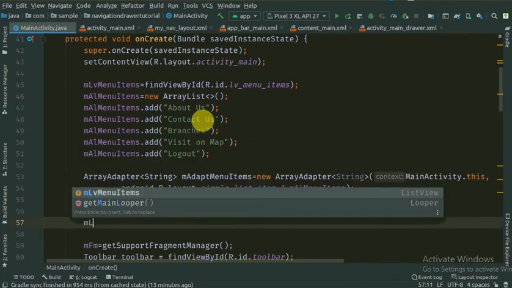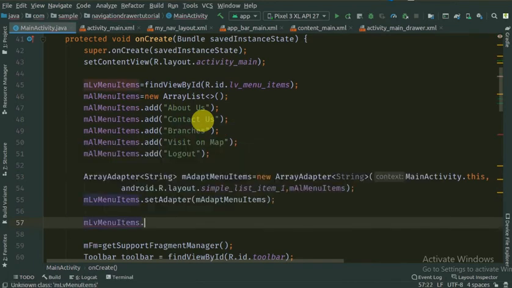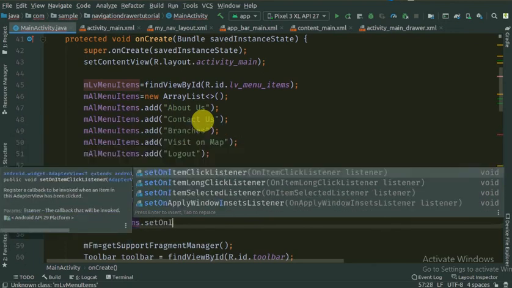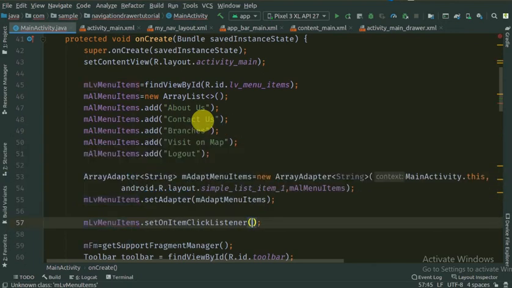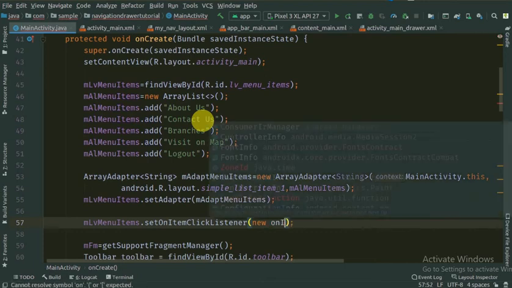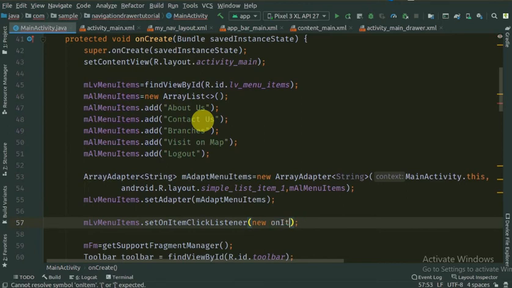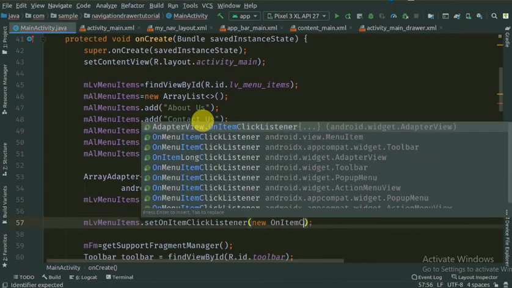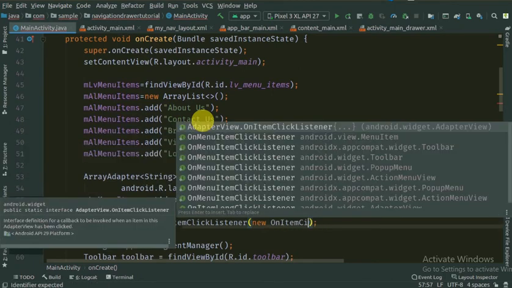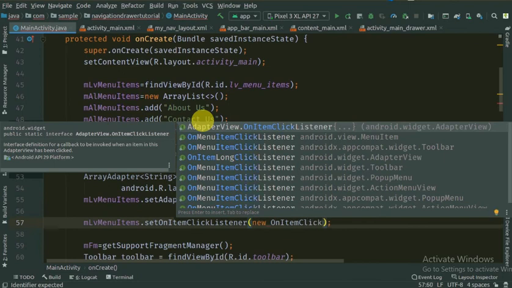Now let's set the item click listener: setOnItemClickListener, new OnItemClickListener.